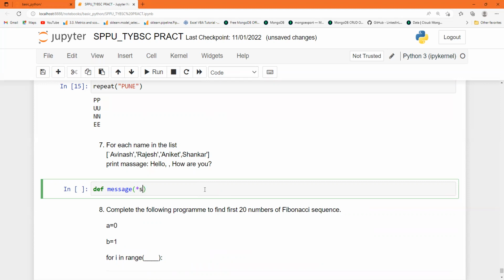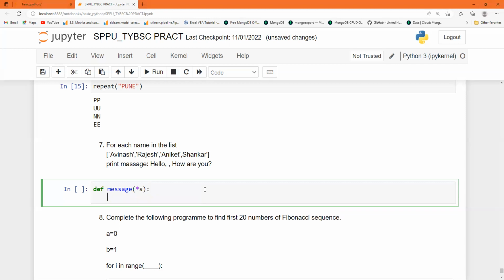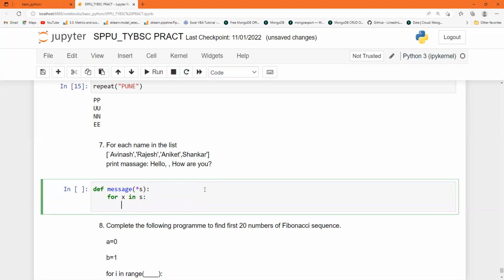That means number of strings. Now I will use the for loop on it. So for x in s, I want to print